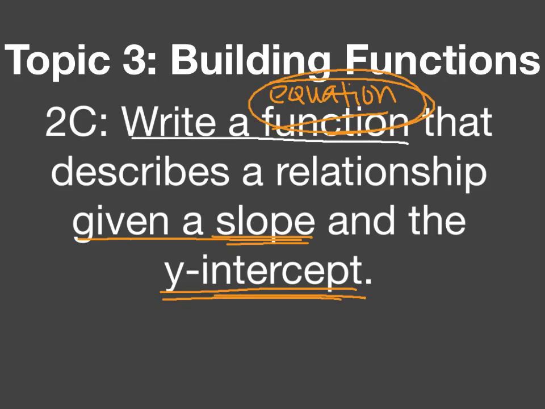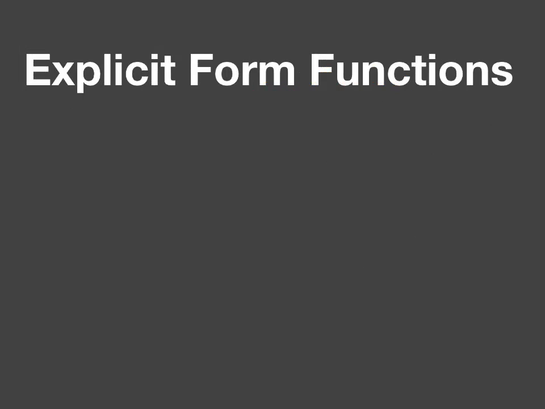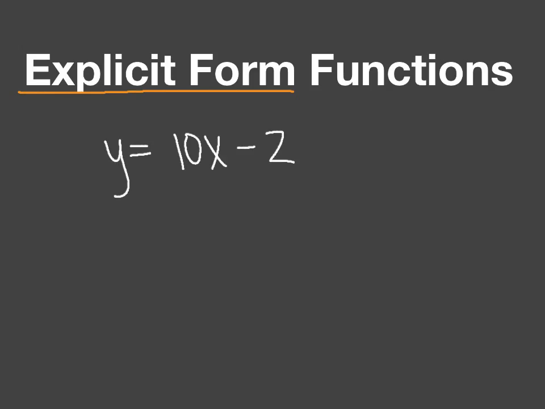So the first thing we have to understand is, well, what should this equation look like? We're going to make something called explicit form equations. An example of an explicit form equation would be y equals 10x minus 2. Explicit is when the y variable is always by itself. Now, the two numbers that are in explicit form, for instance here the 10 and the negative 2,